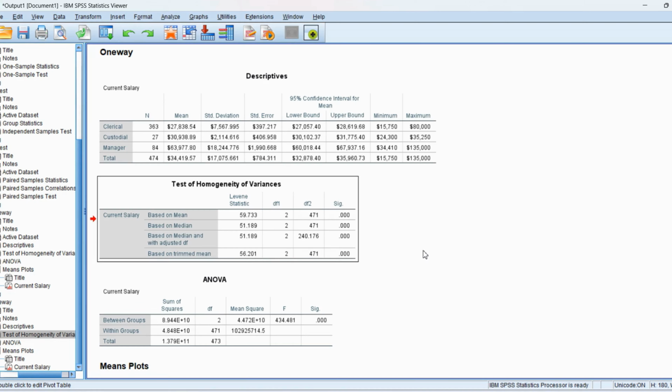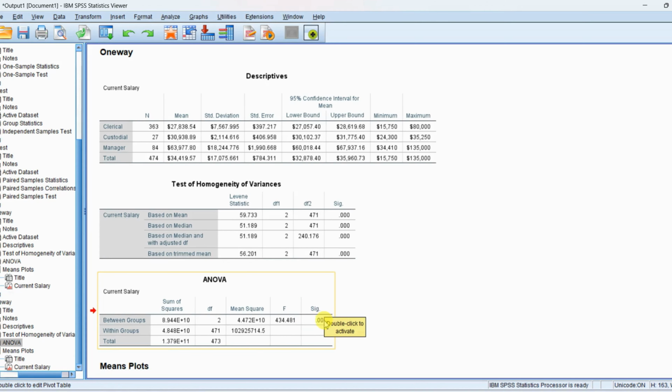The output shows that the test of homogeneity of variances is significant, which rejects the null hypothesis that the variances of the three groups are homogeneous, which is a key assumption of the ANOVA test. So here we actually need to do a non-parametric test, which we will do next week. For now, let us assume that the variances are equal and look at the ANOVA table,